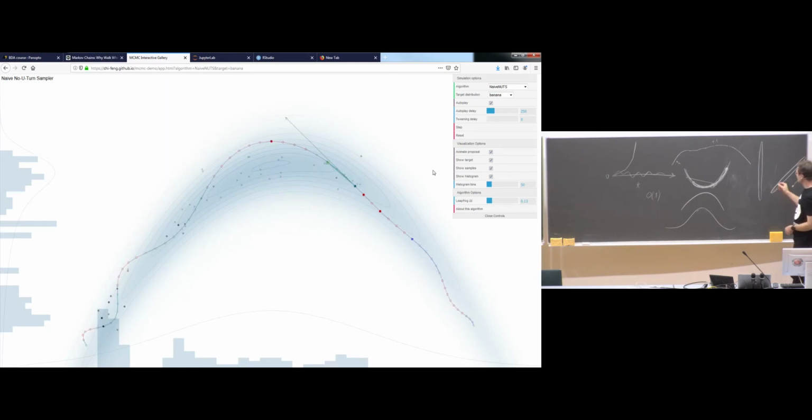In these cases, the problem is that we need to keep the step size small in order to be able to also move in these directions, but we would like to make bigger steps in this direction and smaller steps in this direction.